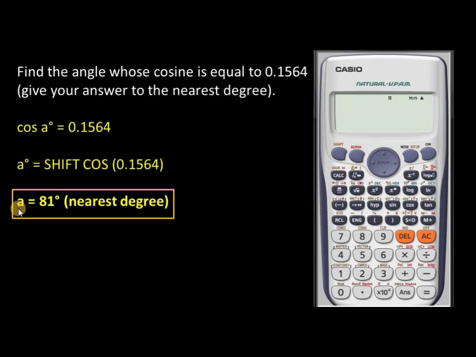The answer to this question is A equals 81 degrees, nearest degree. Before we look at how to do it on a calculator, we look at the question. We want the angle whose cosine is this number. So we must write down cosine A is 0.1564, and then to get to the angle we go shift cosine of the number in the question. So let's show you on a calculator. We go shift cosine